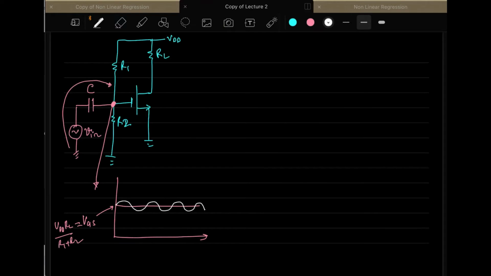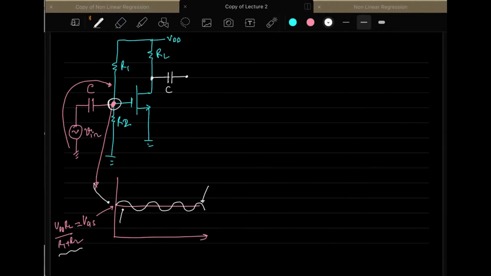If you run this in simulation and look at the voltage at this point, it will be the white one. You cannot see the pink line, but the white signal will be sitting on the DC voltage, and the value of that will be this. And when you want to take the output, you will be taking it through the capacitor here.